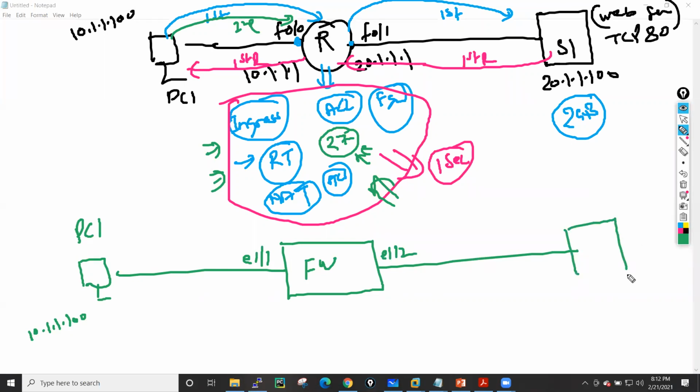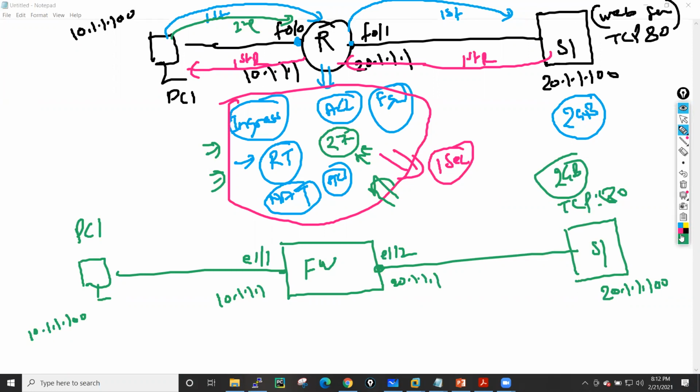Behind this interface we have one server, server 1, with the same IP address 20.1.1.100. This interface has IP address 20.1.1.1, and this one has 10.1.1.1. On this server we are running web services on port 80. Let's suppose this PC also wants to download the same 2 GB file.